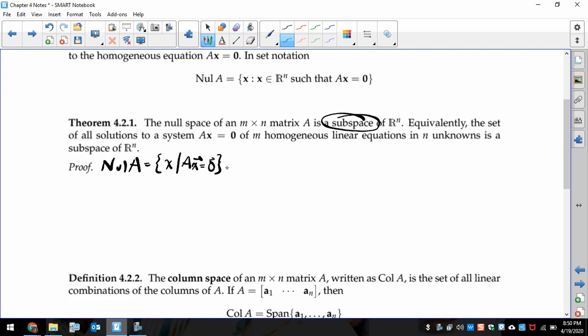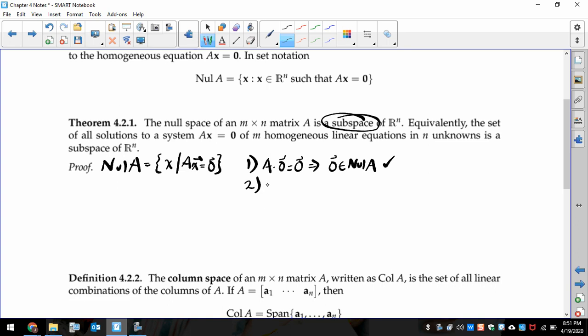Okay, so we want to show, one, that the zero vector is in this space. A times the zero vector is the zero vector. Every matrix times the zero vector is a zero vector. So this implies that the zero vector is inside Nul A. All right, that's the first thing to be a subspace. Two,